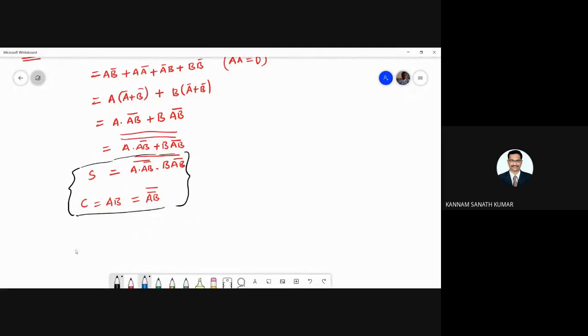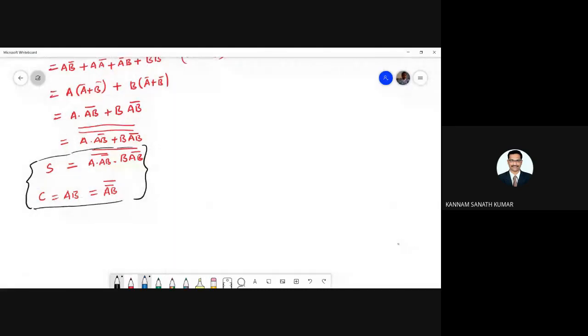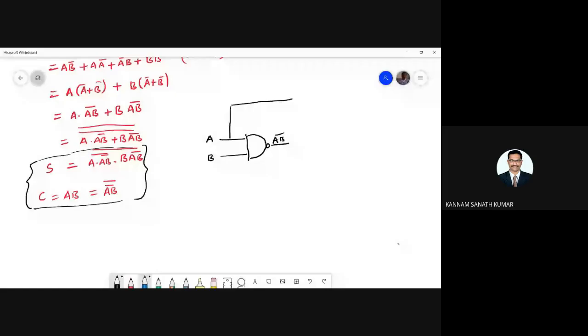So here, if you see the NAND gate implementation. First of all, NAND gate. So this is A and this is B. So next, this is A and one more AB bar as input. It is given through a NAND gate. So here what you are getting is A into AB bar, whole bar.